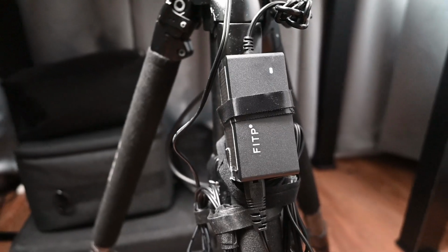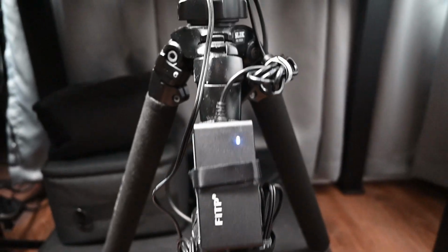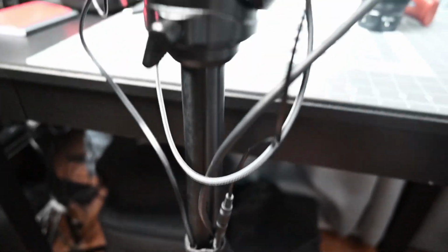Doing some type of USB power solution with this setup, having to have the battery in the camera all the time doesn't seem ideal. In my case, I'm going to attach the AC adapter to one of the legs of the tripod. It's just going to work, sit there, be ready for action when I need to use the Z30